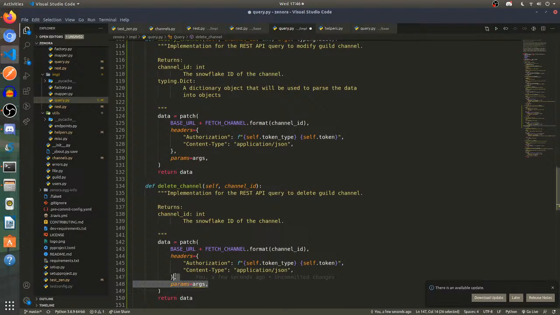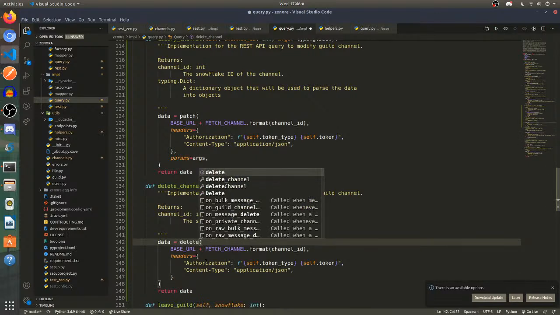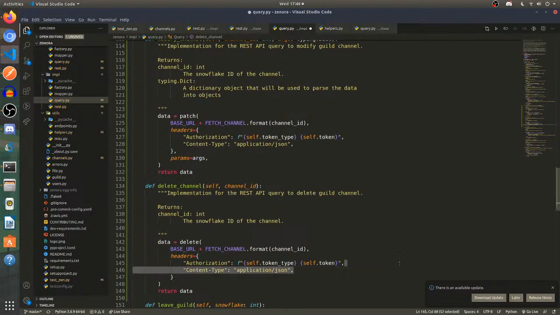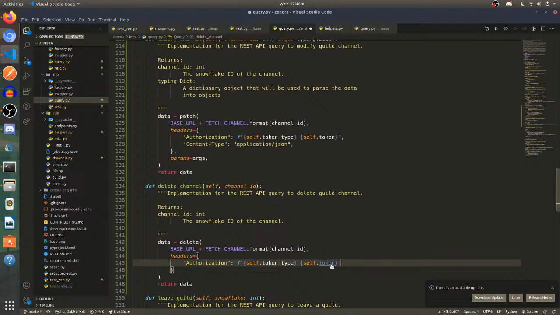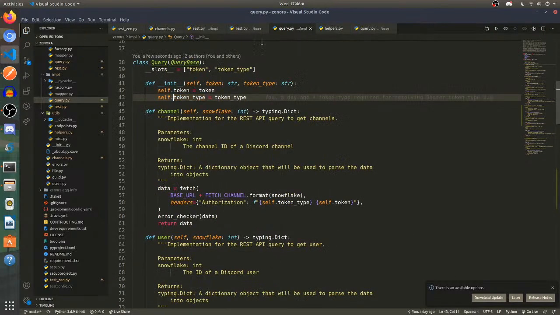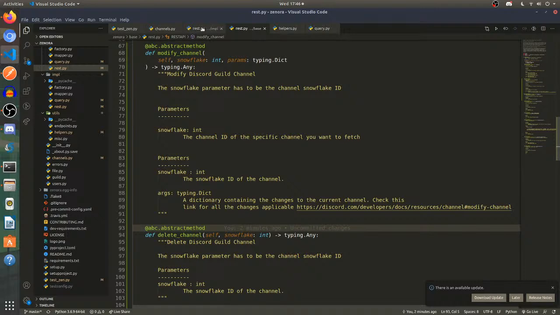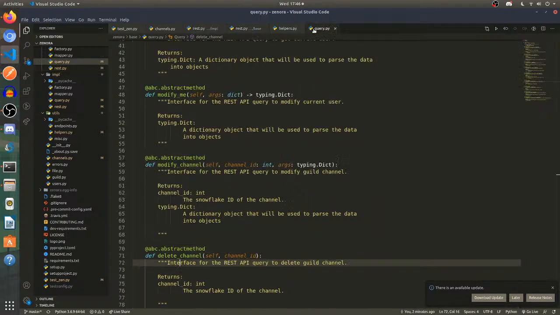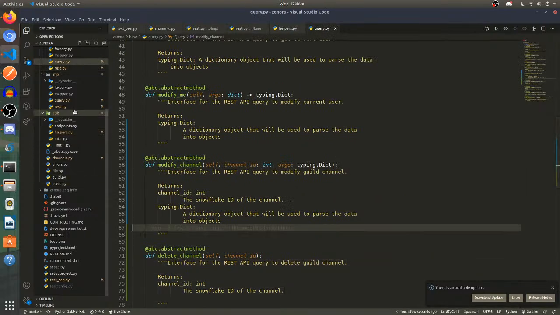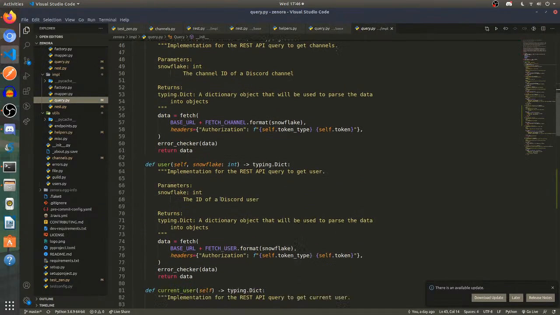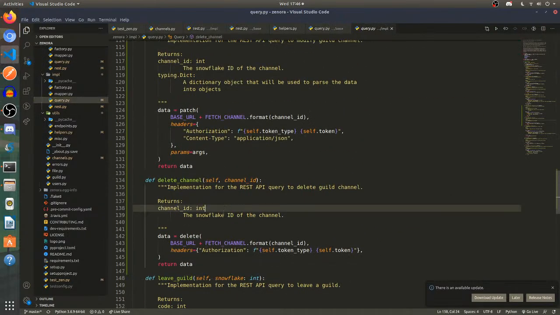Why should I use delete? Content type, application JSON. I really don't know about that. Sorry, where was I? I was over here. Private implementation, delete channel.